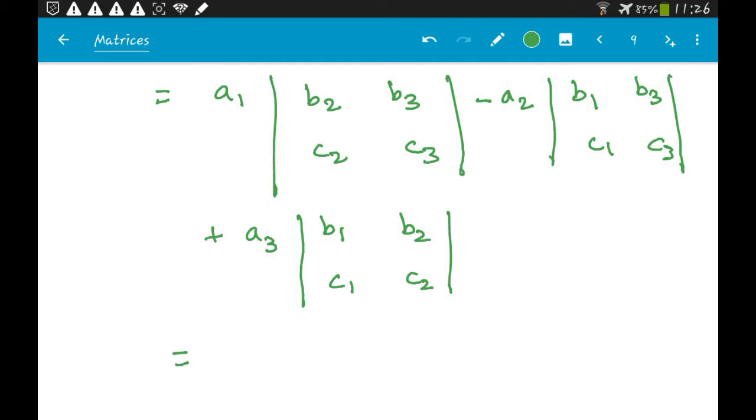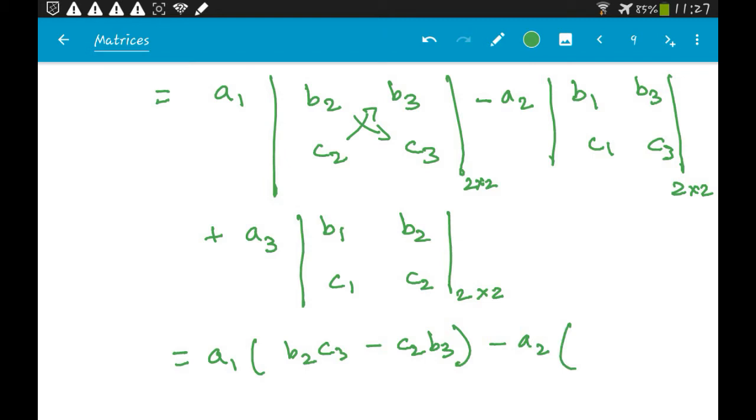Now all we have to do is, we have these three matrices, and we have to find the determinants of the 2 by 2 square matrices. This is of order 2 by 2, this is also of order 2 by 2, and this is also of order 2 by 2, and we already know how to find the determinant for a square matrix. The determinant would be this minus that. So we have B2 C3 minus C2 B3, then minus A2 we have B1 C3 minus B3 C1,